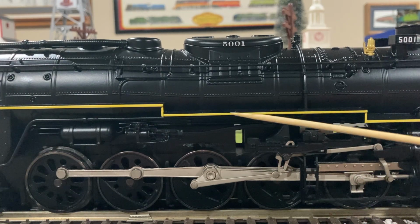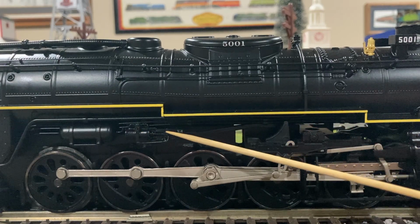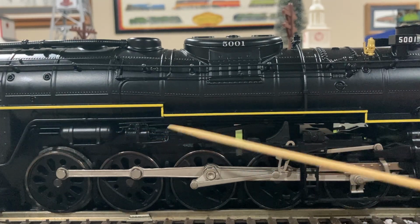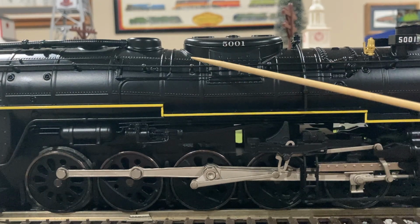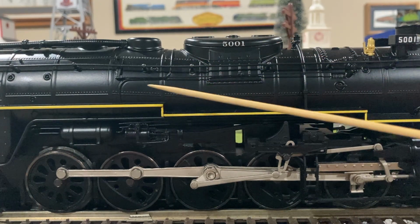Moving up, here again you can see the continuation of the running boards, various pipework underneath, an automatic reverser, air compressor, and various other details. Moving on up, here you can see the continuation of both that handrail, throttle linkage, various more molded-in boiler bands, and also some more